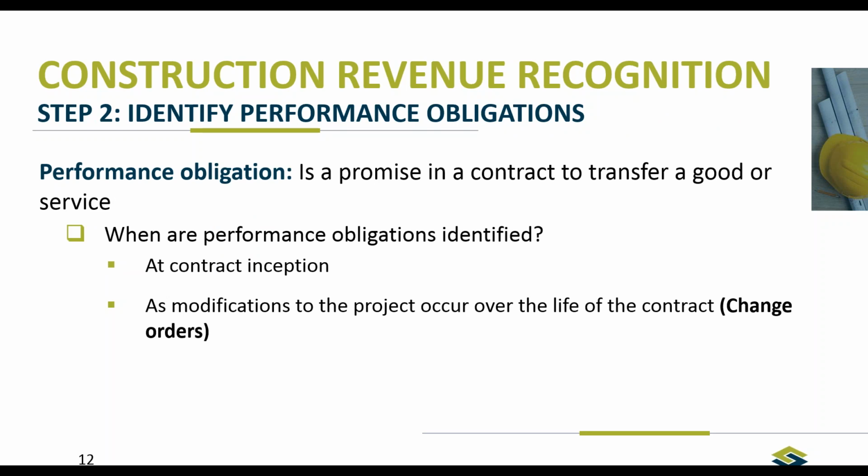Step 2, identifying the performance obligations. As I mentioned earlier, once you get through identifying the contract, then you have to go through and identify which performance obligations you can separately identify. At the contract inception, you identify different performance obligations. And as modifications to the project occur over the life of the contract, i.e. change orders, you have to determine whether or not those are separate performance obligations or